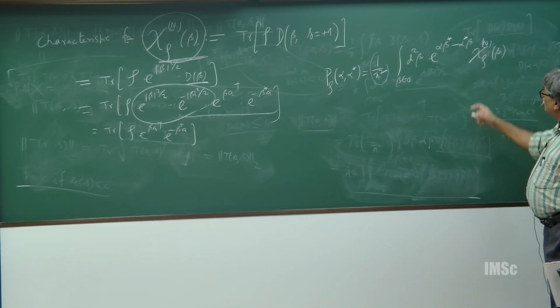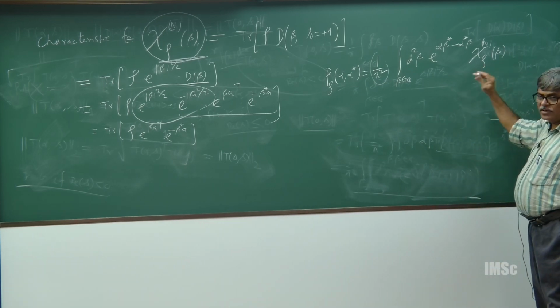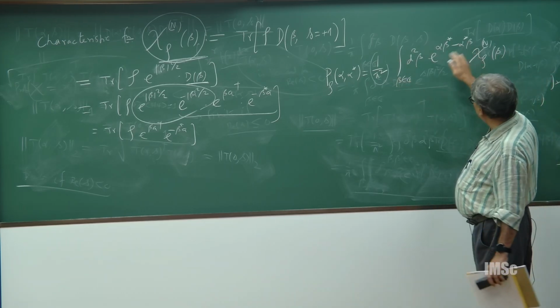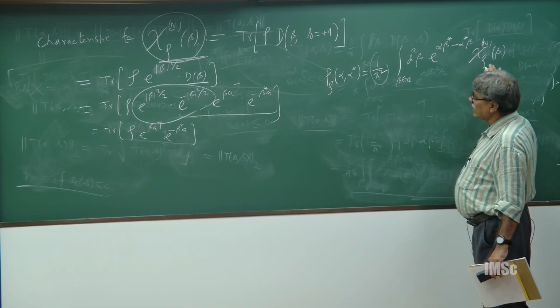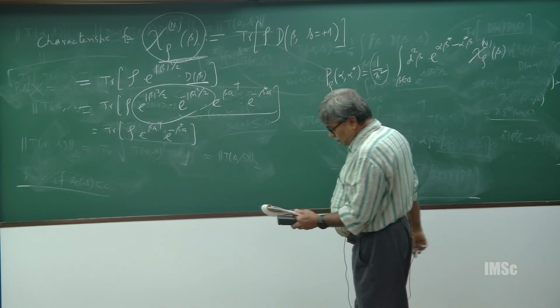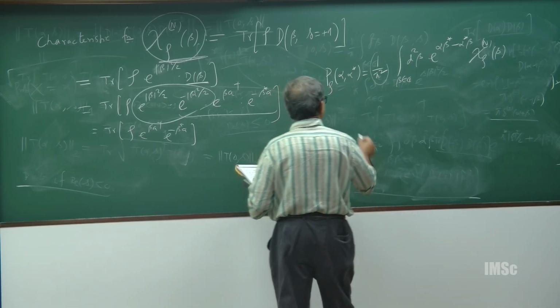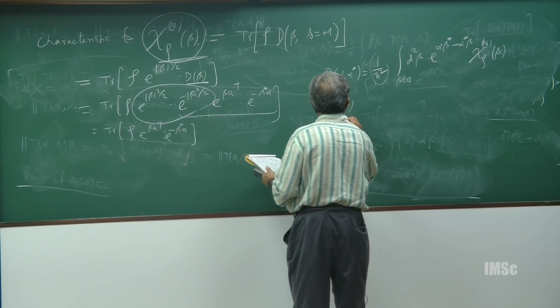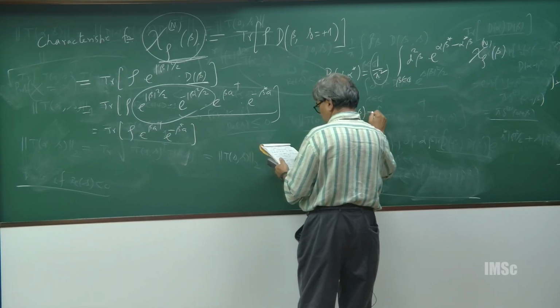Okay. So, this is a kind of complex Fourier transform of this characteristic function, right. And conversely, you can also write rho beta, which is,